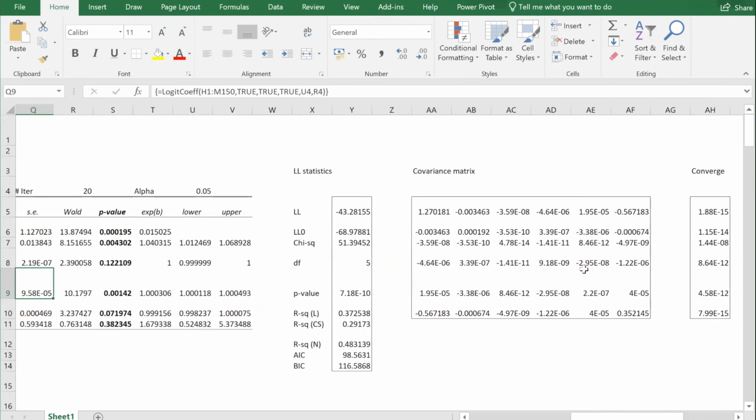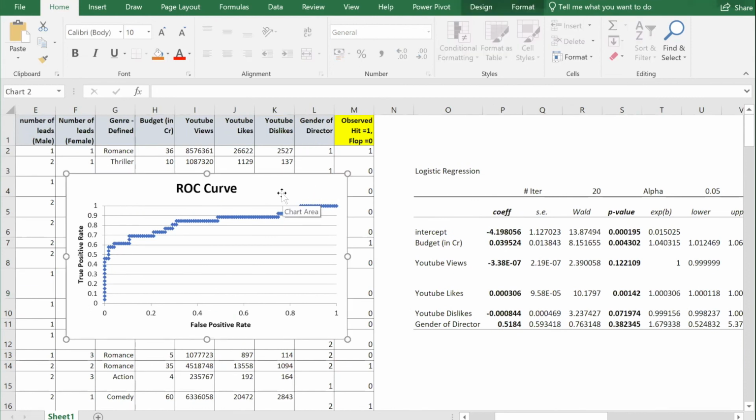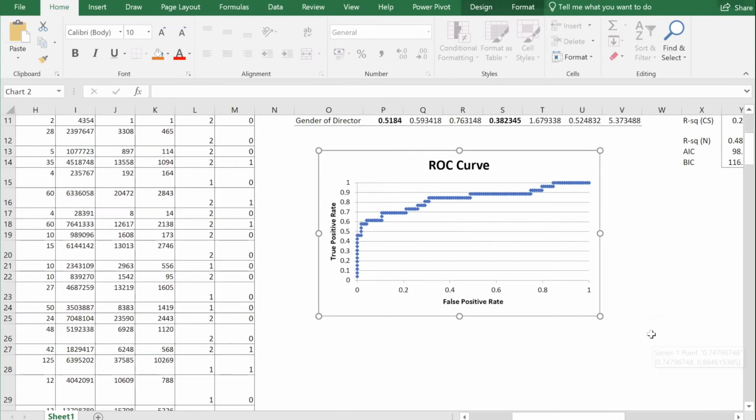Now, you see here the ROC curve. What does this curve actually indicate? This curve is basically a curve between true positive rate, which is on the y-axis, and false positive rate, which is on the x-axis.